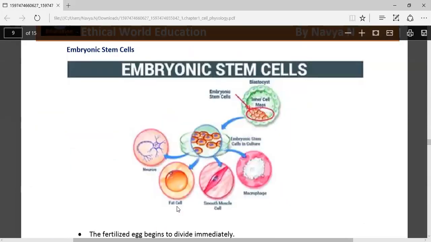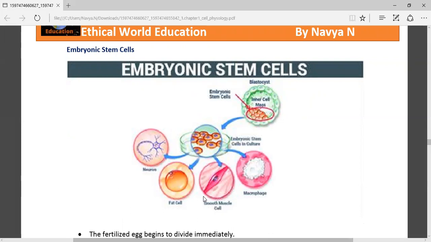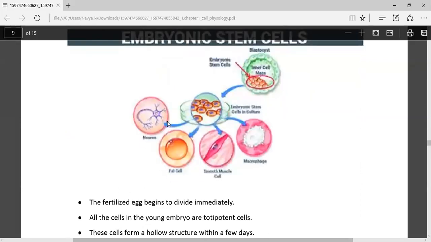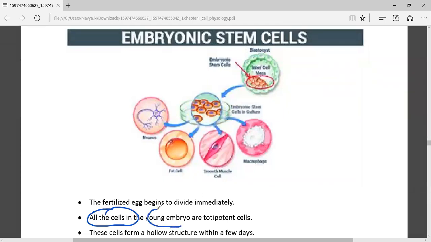Let us discuss the embryonic stem cell first. Here the fertilized cell begins to divide immediately, and all of the cells in the young embryo